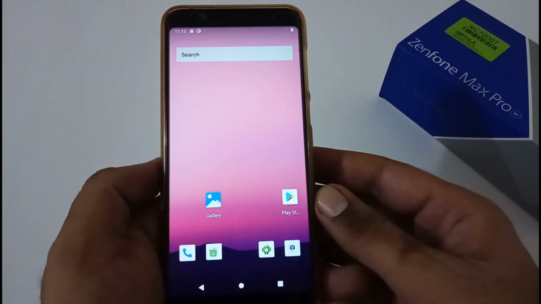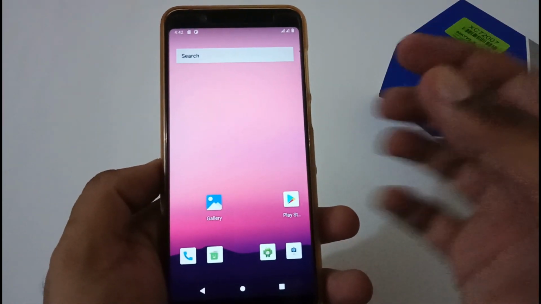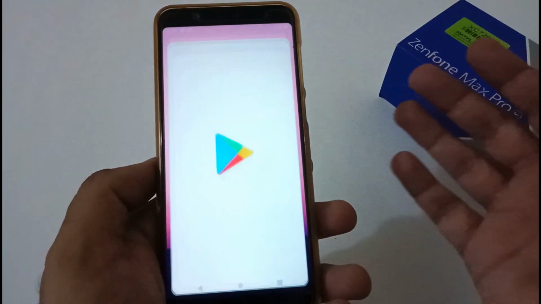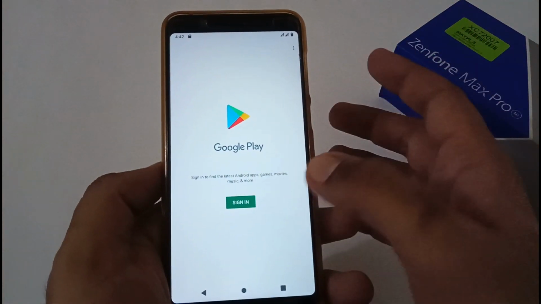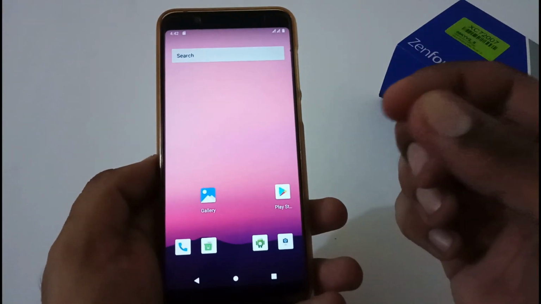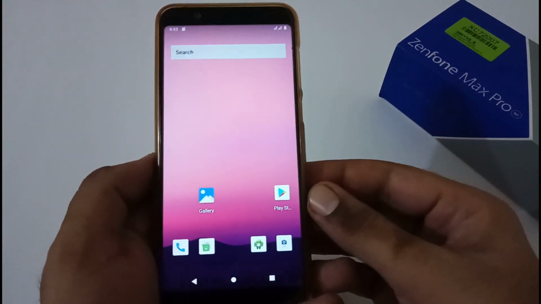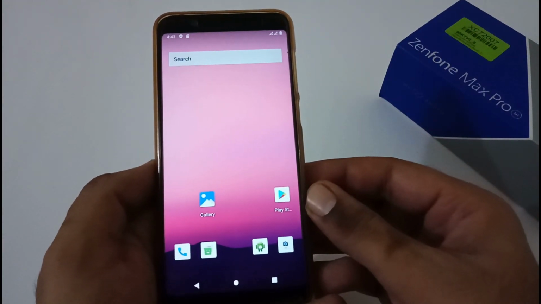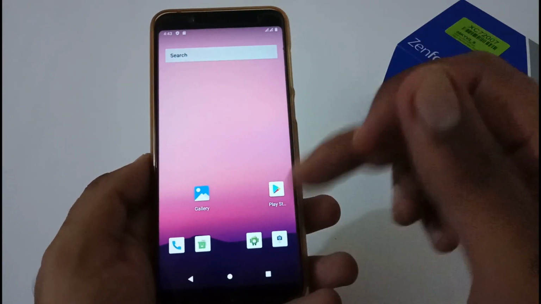So after completing that part, it has directly booted to the home screen, and afterward if you want to initiate your phone setup process in terms of Play Protection, you just tap on the Google Play Store, and afterward you have to sign in and so on. From the developer's side, he has tried to cut down your time while testing this particular ROM, so that's why we haven't seen that particular phone setup process.